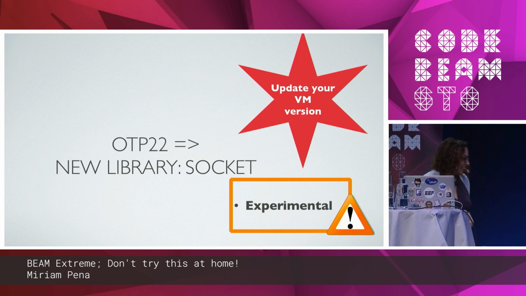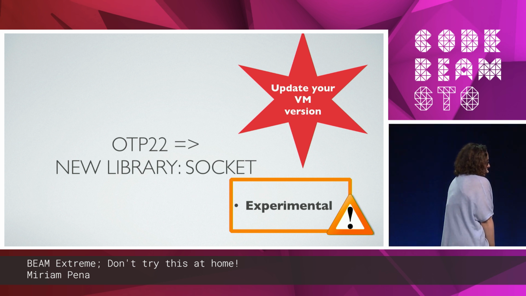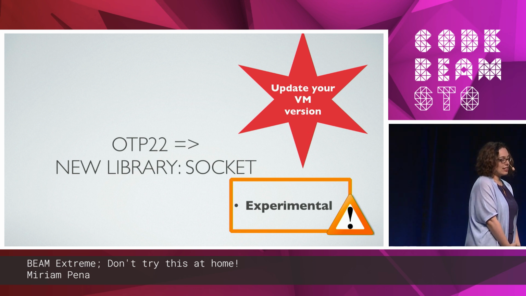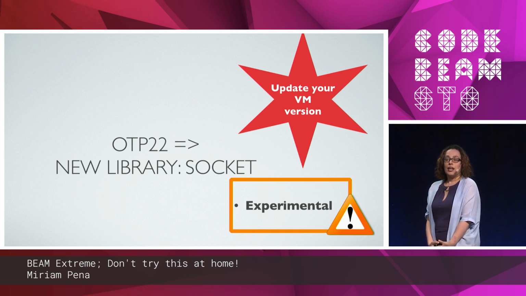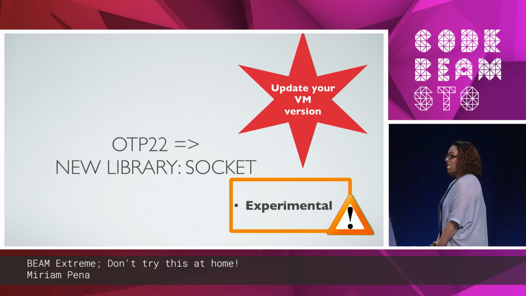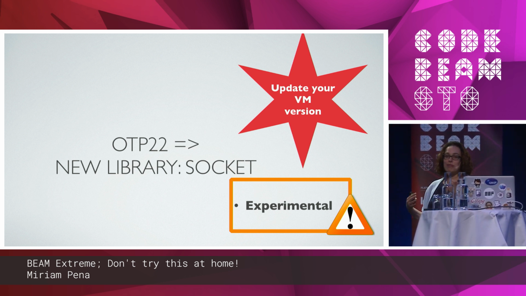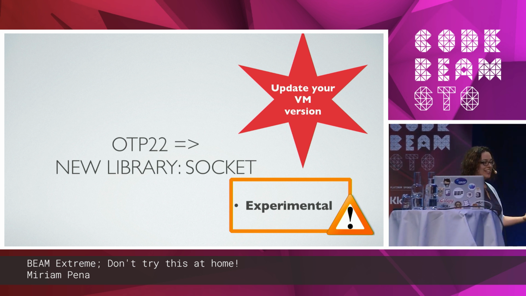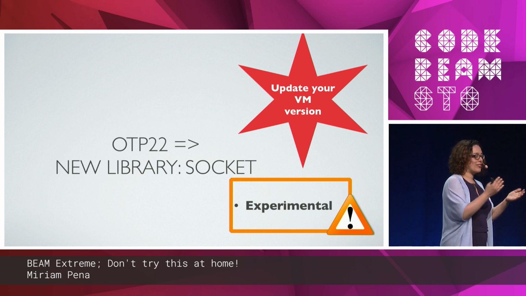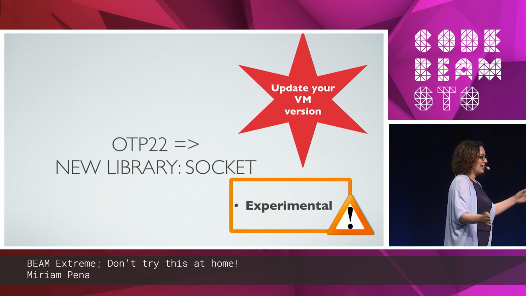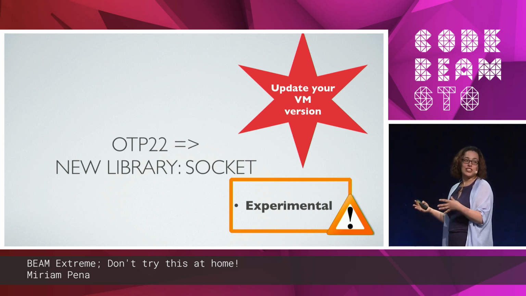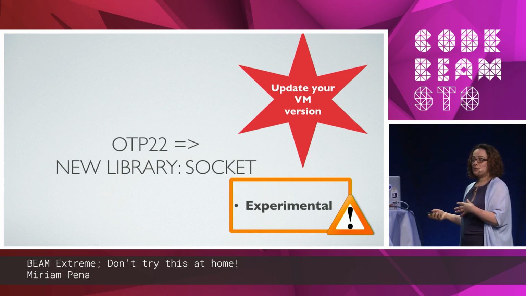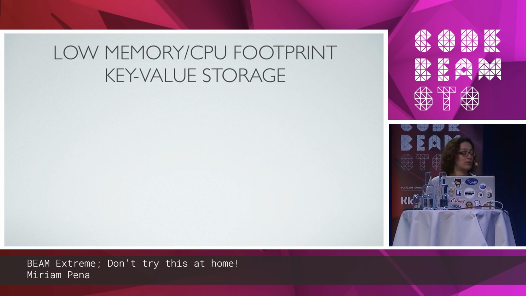OK. And another design decision we took with our new Memcached driver was related to the fact that one pool was just not enough for us. We needed to have several pools per Memcached server to make it work. And then we also had to have a sharding mechanism because we have several Memcached servers. And then it became this crazy configuration to decide from a request to which of the pools we go. And we have this crazy configuration in the state. And then we were like, how do we get this very fast, very efficiently from every process? And that's why we started experimenting with low memory, low CPU footprint key value storages.